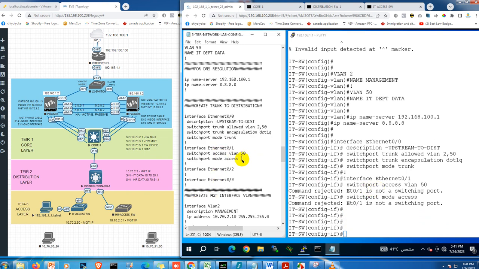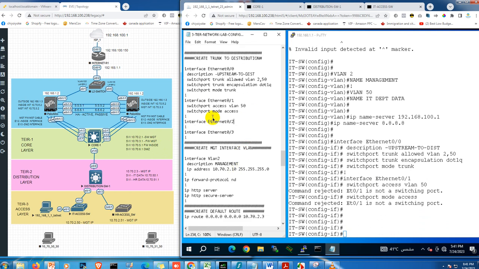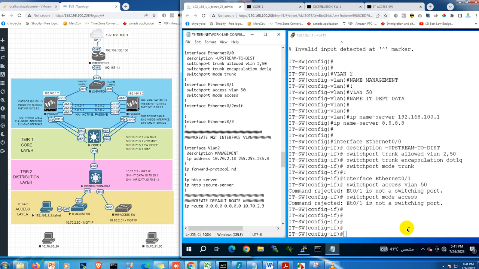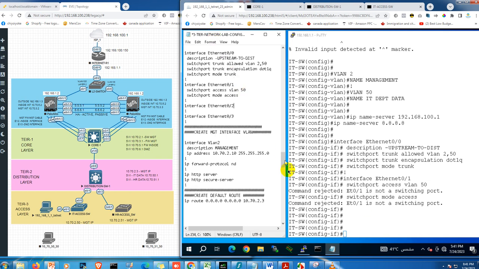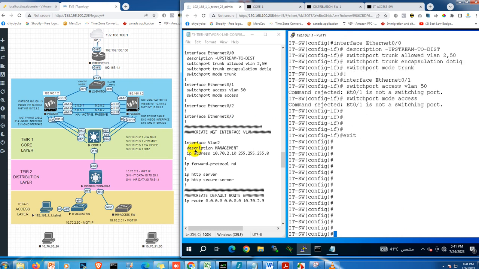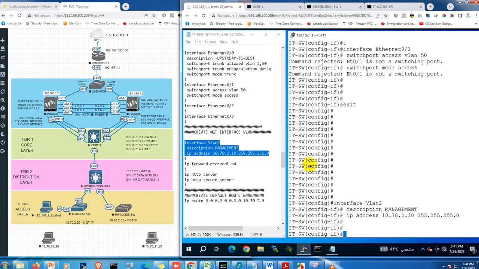There's an error because I already connected the telnet on this port, so don't worry about that. Sorry. So next, we'll create the interface VLAN. Interface VLAN, and then